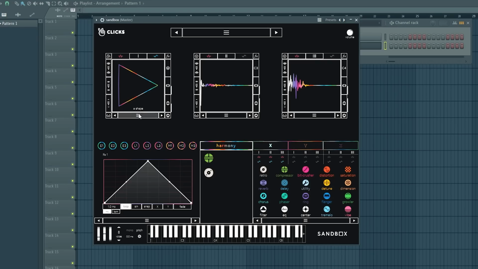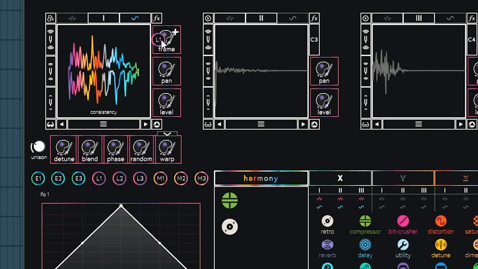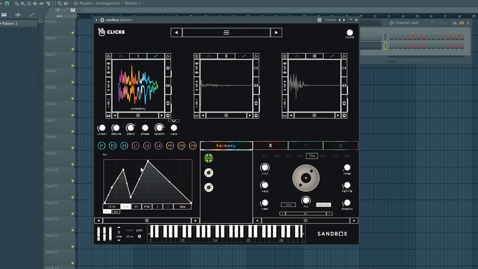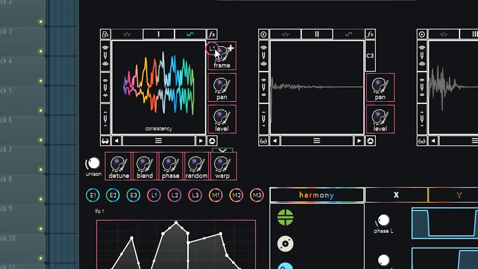So if I pick an oscillator, I'm gonna pick a random wavetable in here. I can just drag the LFO on anything I want. You can also drag it on effects. Everything can be modulated in here. So if I put it on the frame right here, and then